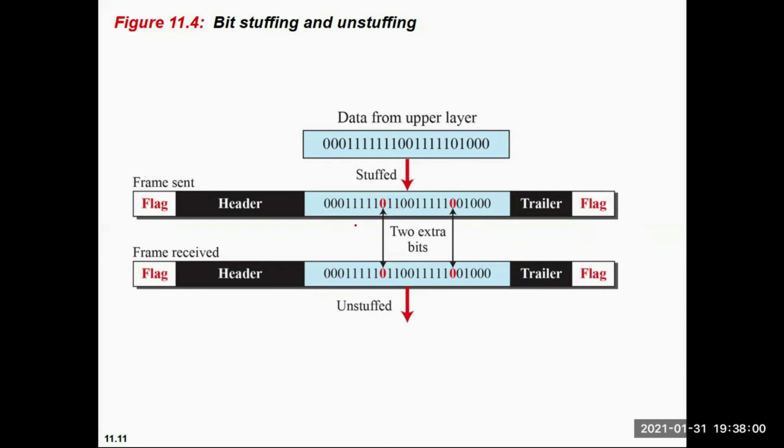Okay. In other words, you can say that after 0, whenever you are getting 5 number of continuous ones, after 5 number of continuous one, you need to stuff 0. Okay. And here also you can see that after this 0, you are having 5 number of continuous one. That's why you are stuffing 0 here. So in this case, 2 extra bits you have added, depending upon the case of number of 1, if they are 5 in a sequence, you need to separate them.